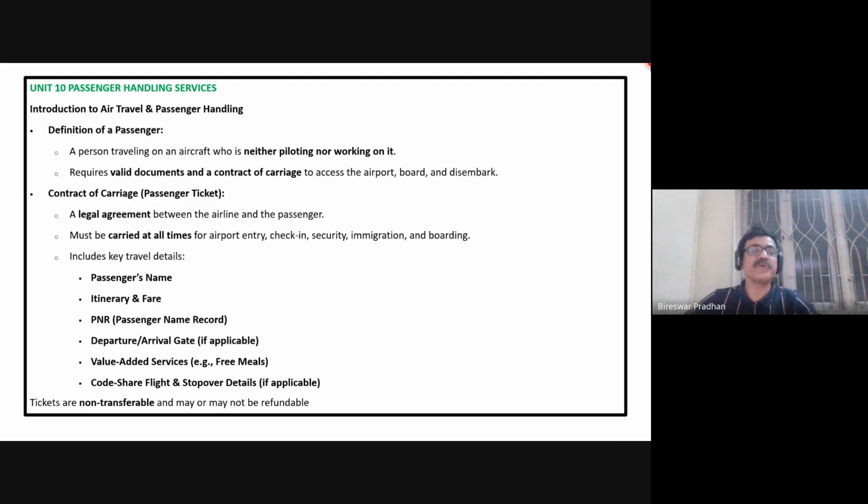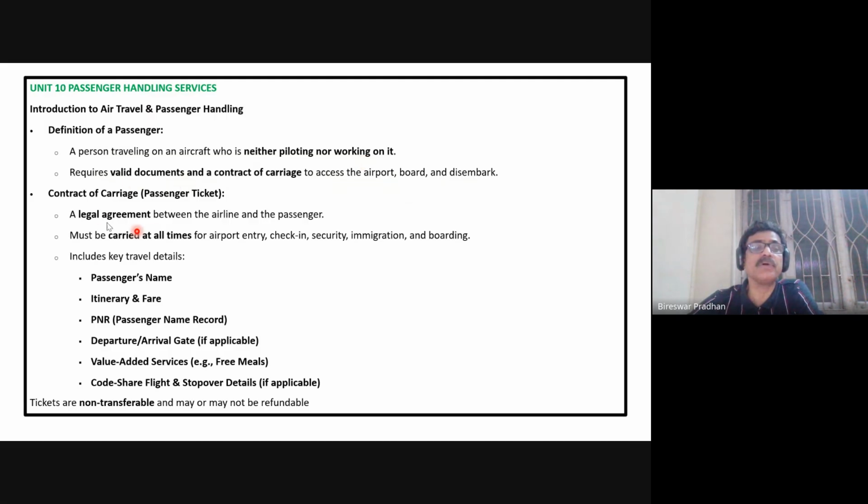Now, who is the passenger? A person traveling on an aircraft who is neither piloting nor working on it, and requires valid documentation and contract of carriage to access the airport, board and disembark. So a passenger is a person traveling on the aircraft who is neither piloting nor working on it and requires